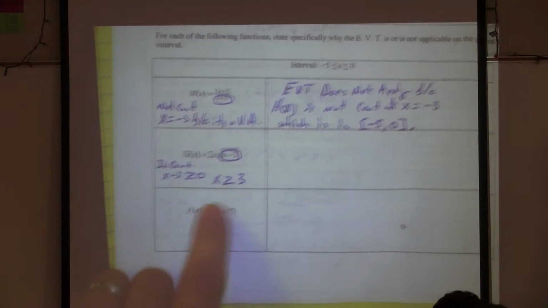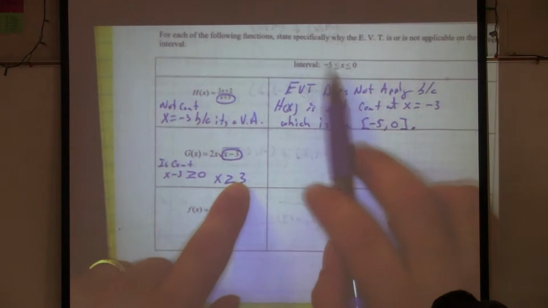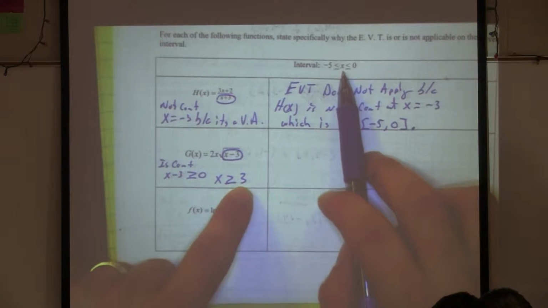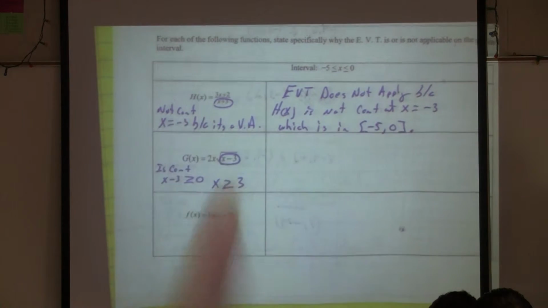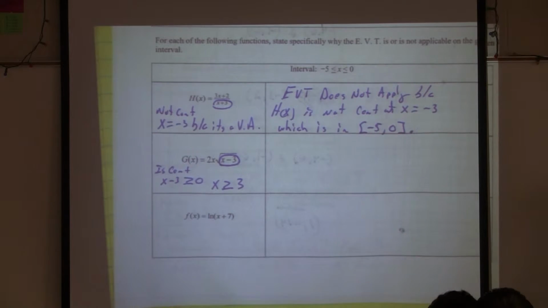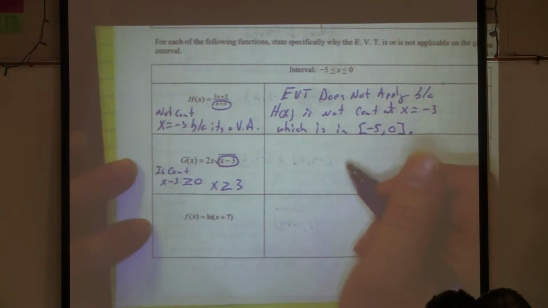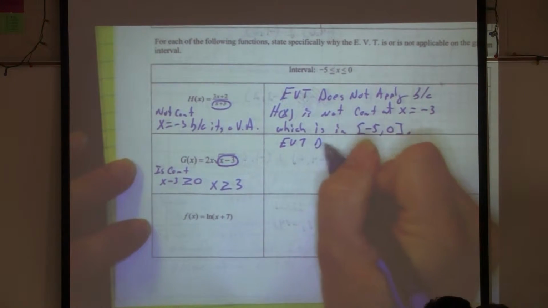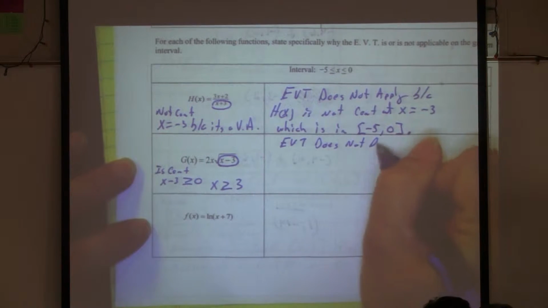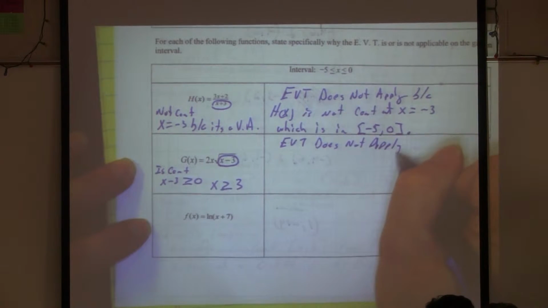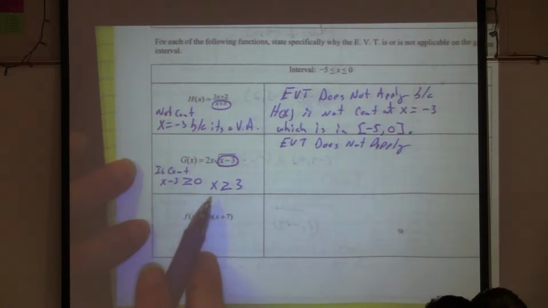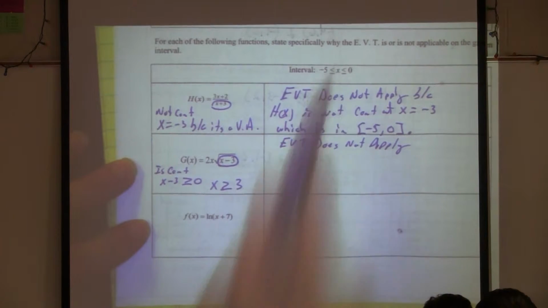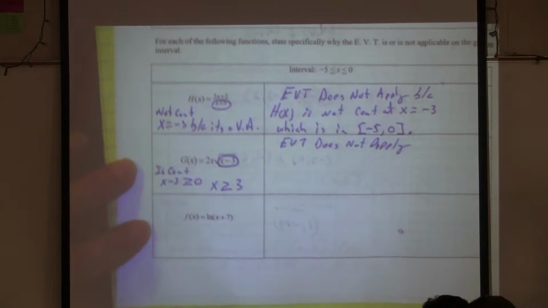So now when I check my interval up here, what do I discover? Are these numbers greater than or equal to 3? No. Okay, this is from -5 to 0. So does the extreme value theorem apply in this case? No, it does not. This is where it is continuous, Pablo. So that means if it is continuous here, that means that in there it's not continuous. You understand? EVT does not apply because